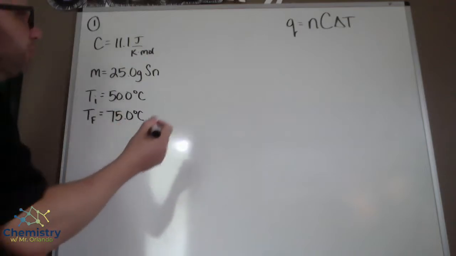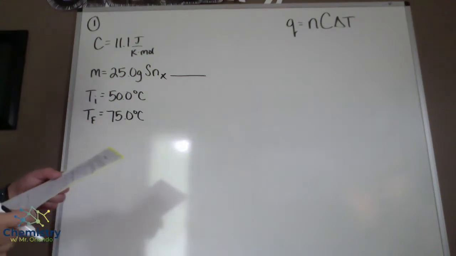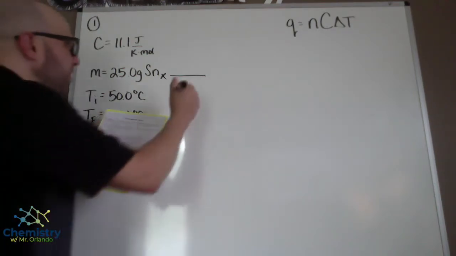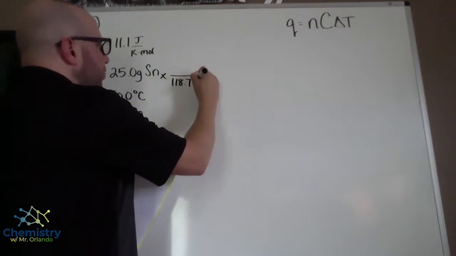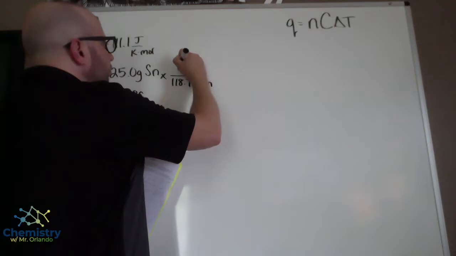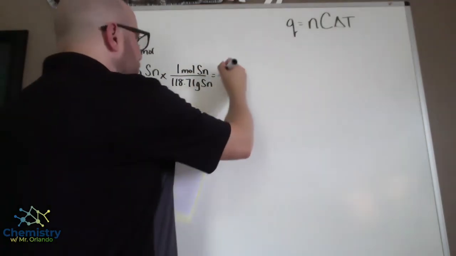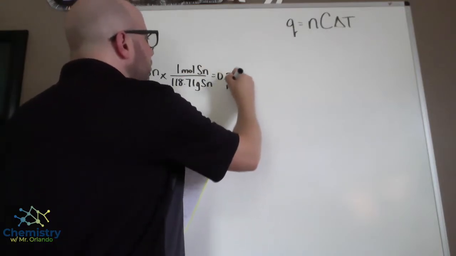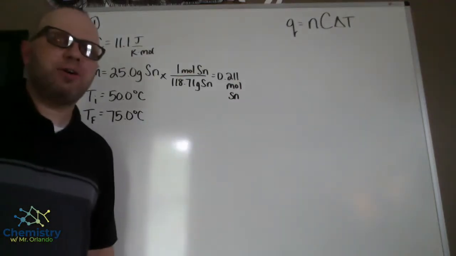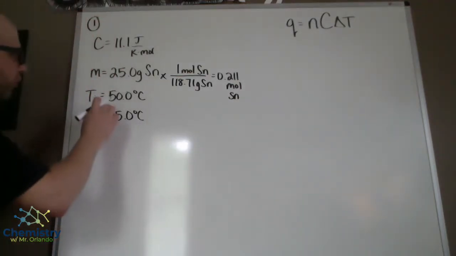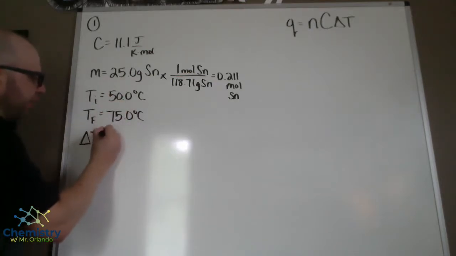So you'll notice that we are going to have to convert our grams of tin into moles of tin. If you look on the periodic table, you'll notice that the molar mass of tin is 118.71. So that's grams of tin for every 1 mole of tin. And that turns out to be 0.211 moles of tin. The other thing that I want to point out is the change in temperature. So going from 50 degrees Celsius to 75 degrees Celsius is a change in temperature of